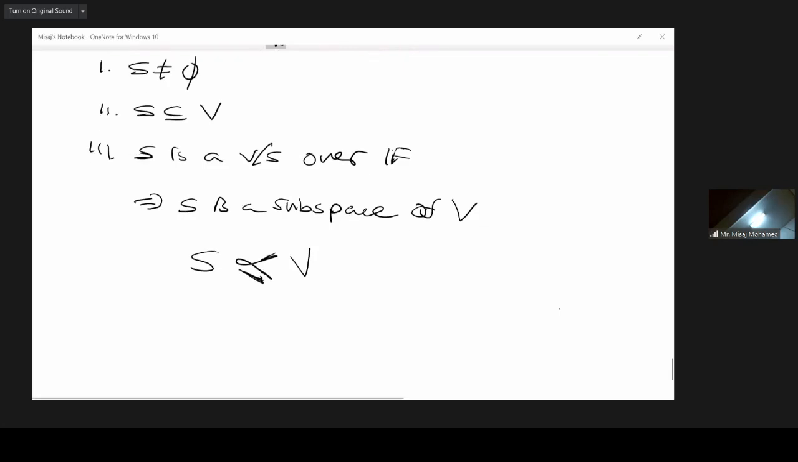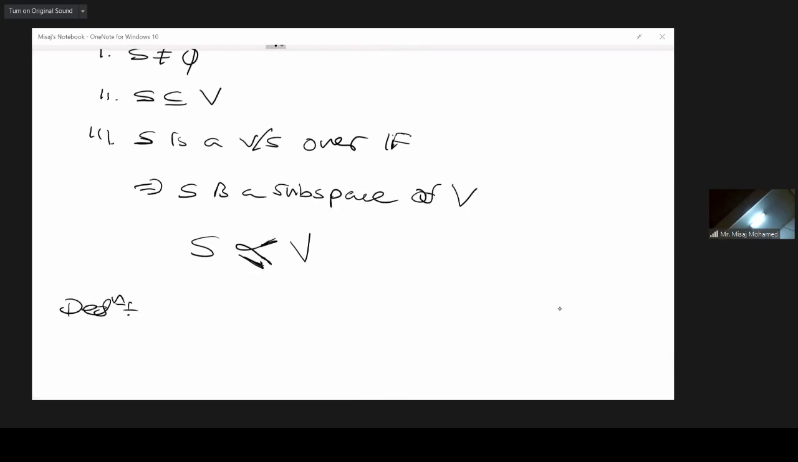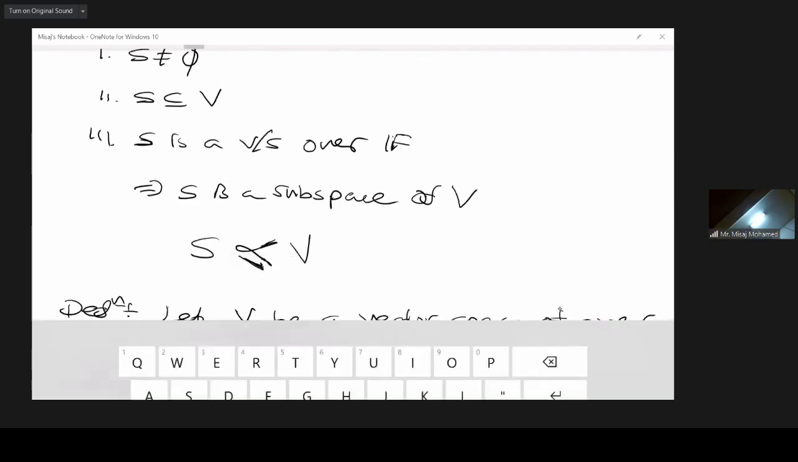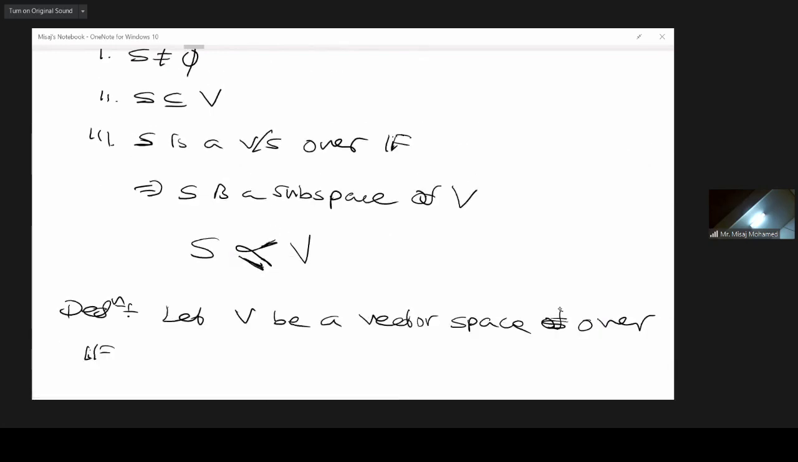Okay, right. I will give the definition. Let V be a vector space over F. Then a non-empty subset S of V is called a subspace of V